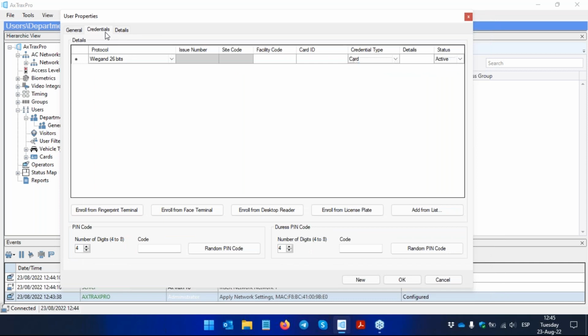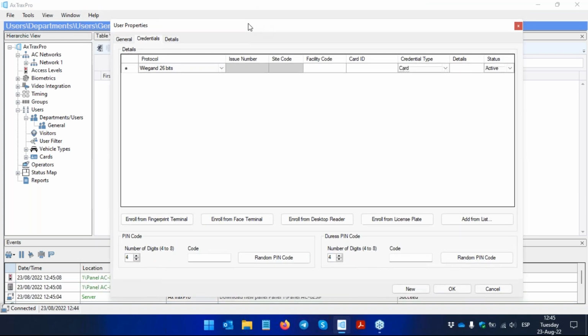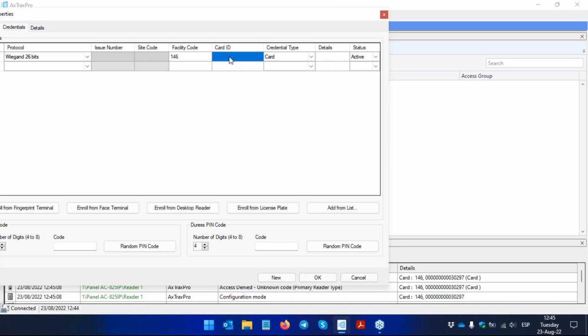I will add manually the card ID of this user. The trick I made is to swipe the card through the reader, and as this card is not in the system, I can see here in the real-time event viewer the number of the card, 146, the facility code, and the card ID is 30297. I hit OK,